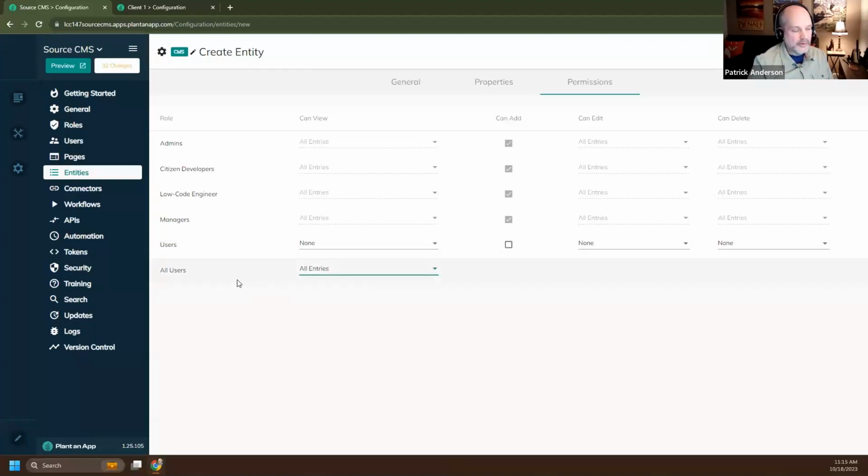What this is going to do is allow the client systems, when they access the API, to have permission to actually serve the data without us having to do authentication to the source CMS system. For those of you who aren't aware, all users is the public group in the system. So when you want content viewable publicly, you need to set the permission for the all users group